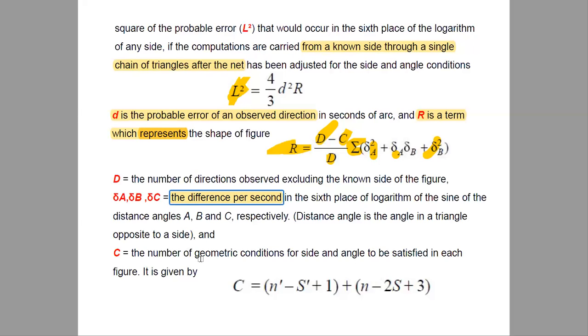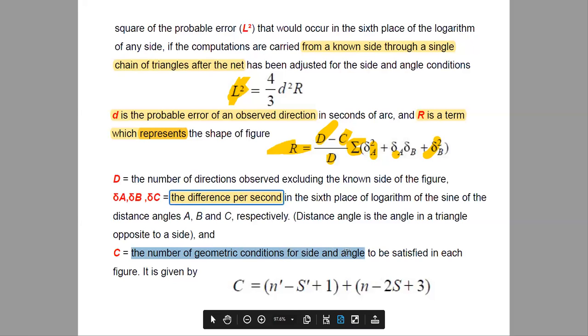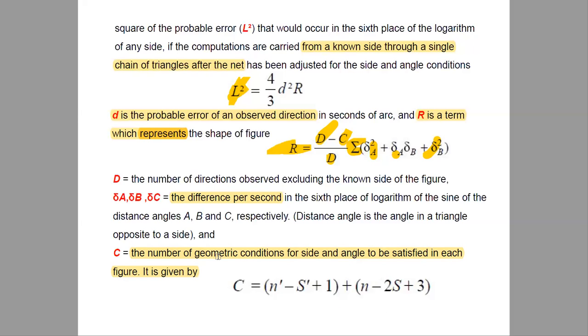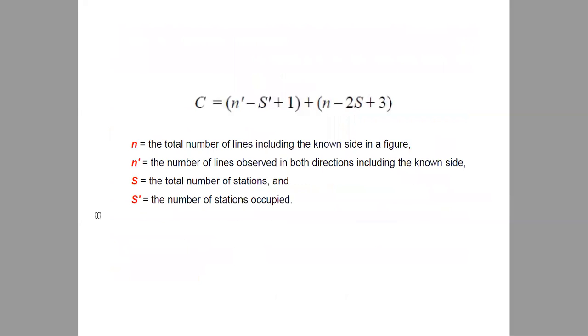Okay. Now another term is C. C is basically giving the idea of the figure we are using in triangulation, and the number of sides observed and total number of sides. Basically, the number of geometric conditions and the angles to be satisfied is given by C. It is dependent upon the geometry of the triangulation figure. Okay. So C is calculated as C is equals to n dash minus s dash plus 1, plus n minus 2s plus 3,